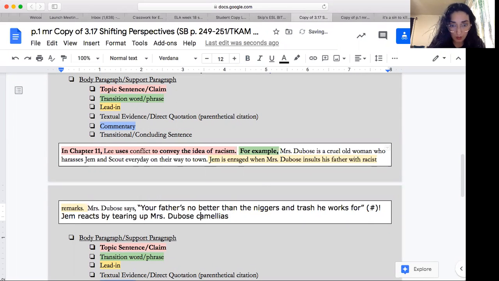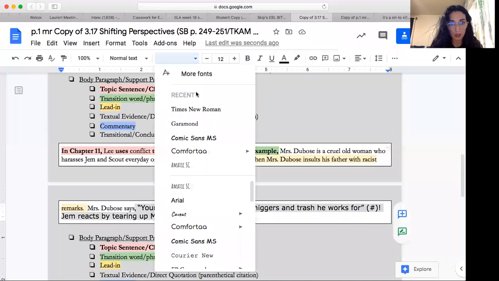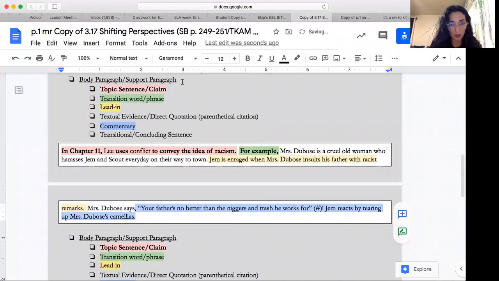And then they belong to Mrs. DeBow, so I need an apostrophe S. Your father is no better than the N and trash he works for. Jem reacts by tearing up Mrs. DeBow's camellias. Okay, I'm going to change this because the font looks weird and we want to keep it consistent. So this is the font we're using here. Okay. And then I can say, by the end of this chapter,